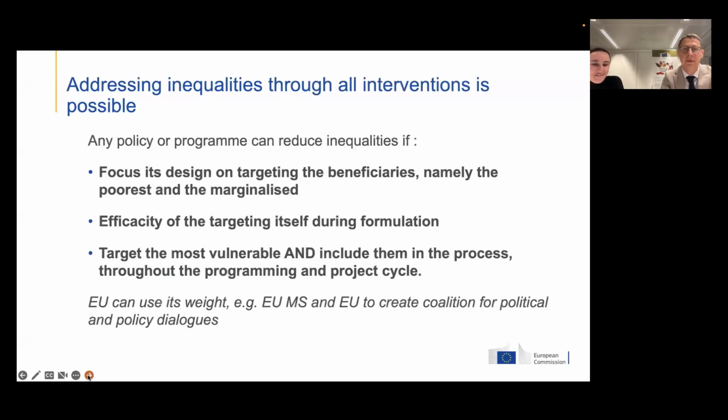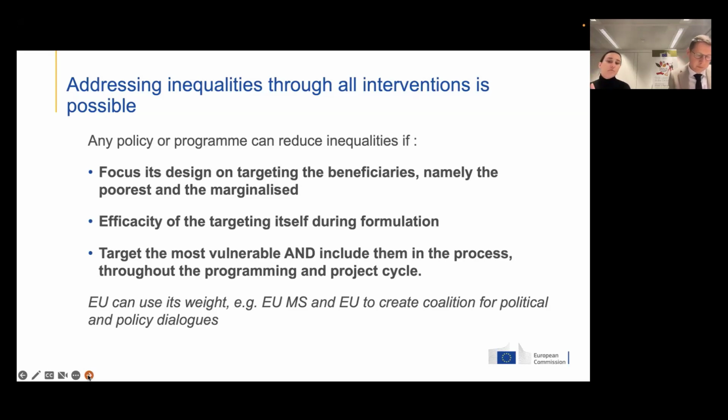So as you have seen in the video, I hope it gives you a good overview of the structure of the reference document and the 3 volumes. Today, during this session, we'll focus more precisely on volume 3. We really hope during this session to be able to give you some guidance and concrete tools in order to help you mainstream inequality throughout the project cycle. And we will begin by